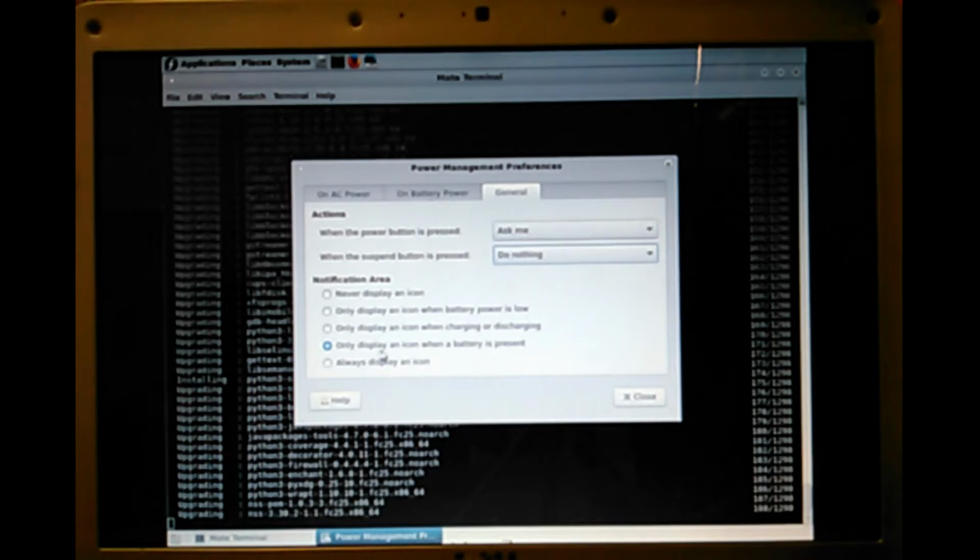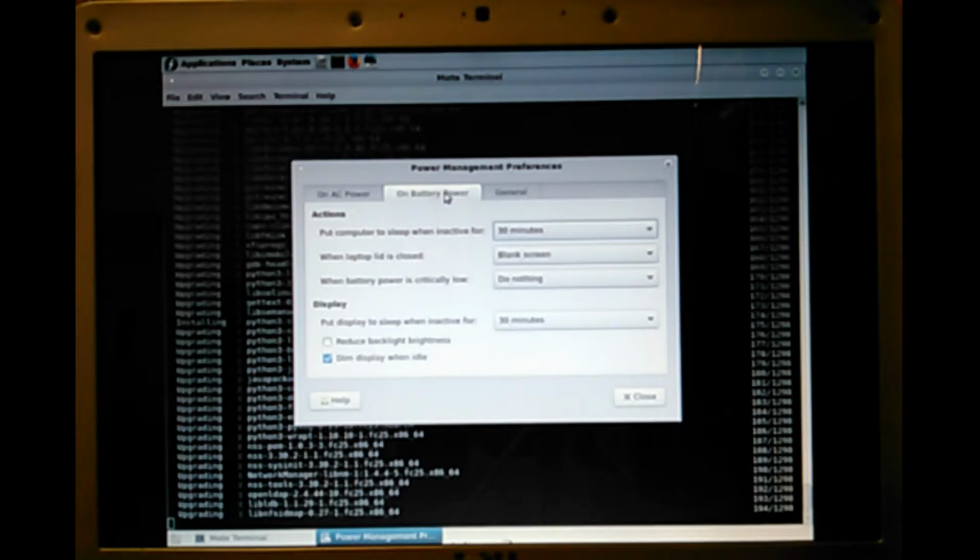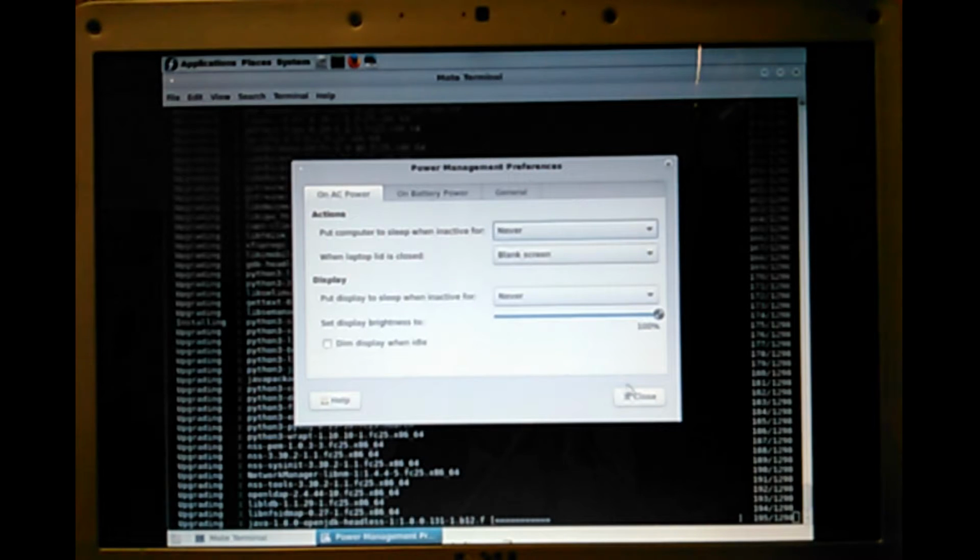Notification area: only display the icon of the battery when present. Yeah. Okay. Now the other thing, never, blank screen, never. Okay. Now let's see if it has a,